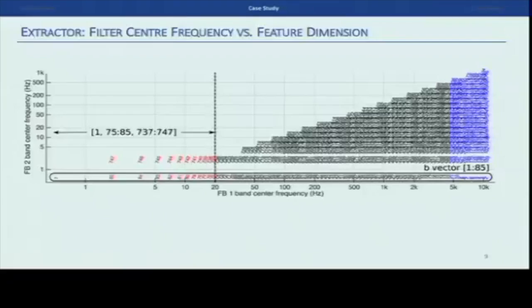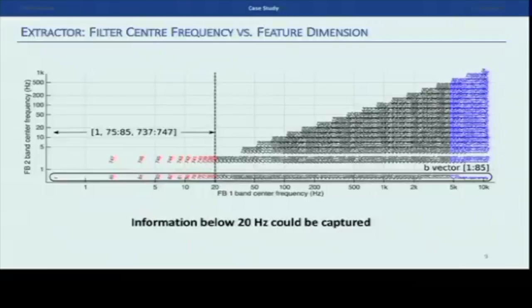If we see it a little bit more closely, these dimensions, all those ones here in red, in both the first layer B vector and C vectors, correspond to filters around frequencies we cannot hear at all. So there is the potential that some information that is not supposed to be relevant for the task could be captured.